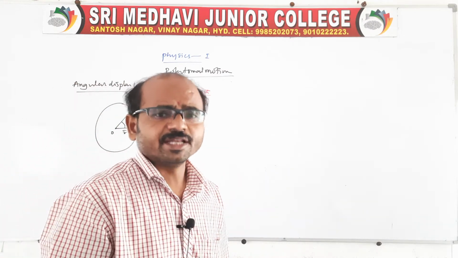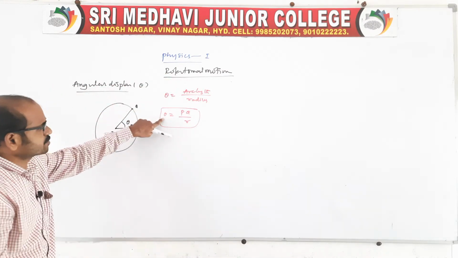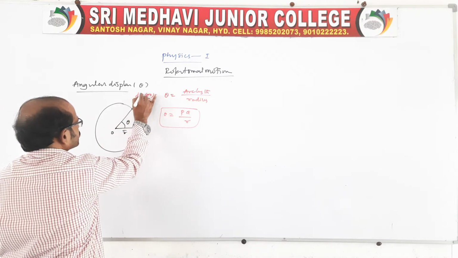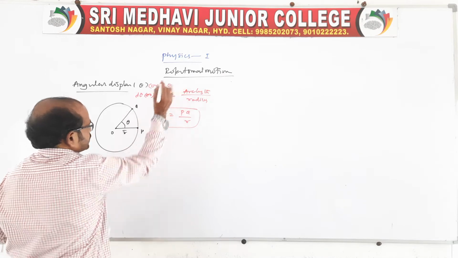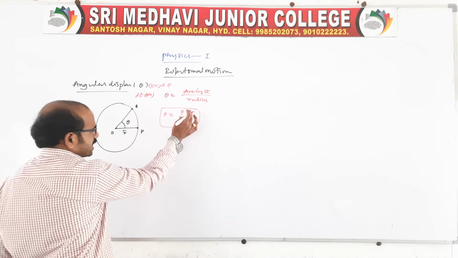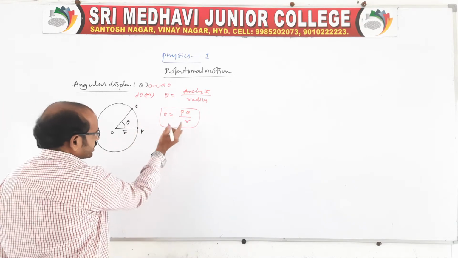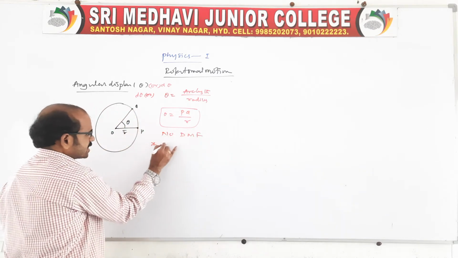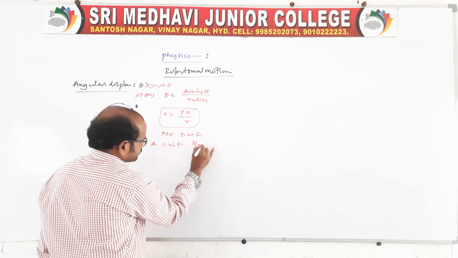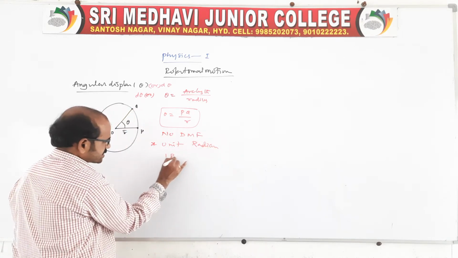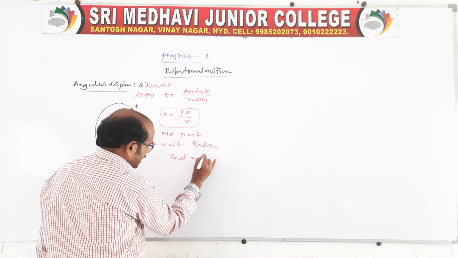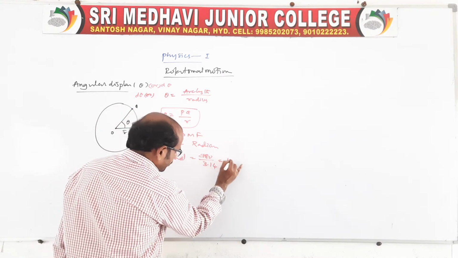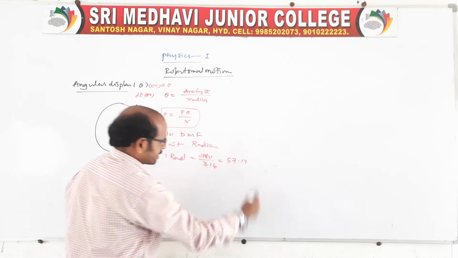Displacement we also know in linear motion. In rotatory motion we have angular displacement, which we can also write as d theta. Since it is arc length by radius, the lengths cancel, so it is dimensionless, with no dimensional formula, whereas the unit is the radian. Remember, 1 radian is equal to 180 by 3.14, which is approximately 57.17 degrees.